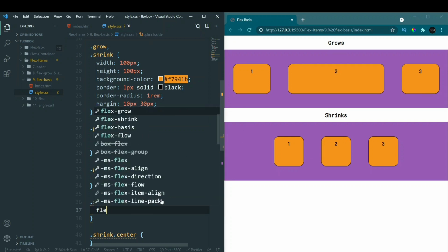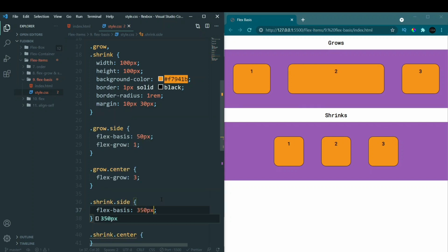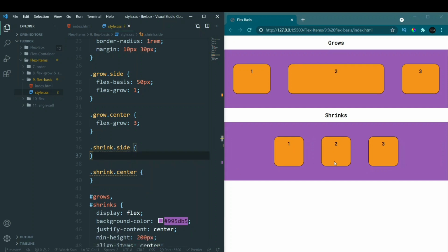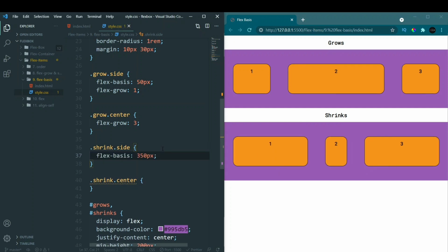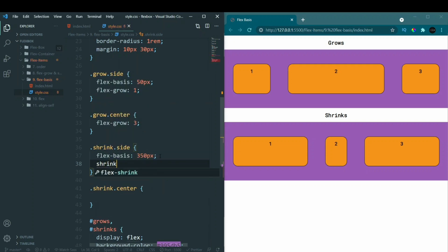So now here let's add a flex basis property of 350px. Let's see what happens. So you can see now that initial length has been changed and now it is 350px. The initial length is 350px and the second one has shrunk. Let's remove this. Let's see what happens. Equal size. As soon as we add flex basis, it grows without even adding flex grow, because its initial size increases and this decreases automatically. So what we'll do here is, again we'll add flex shrink.